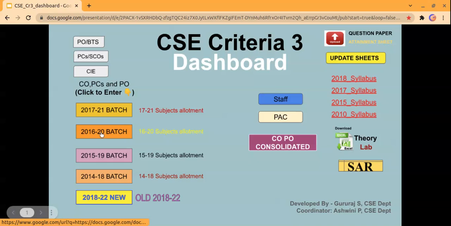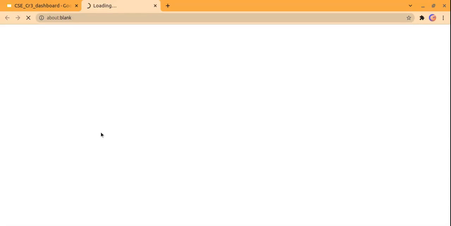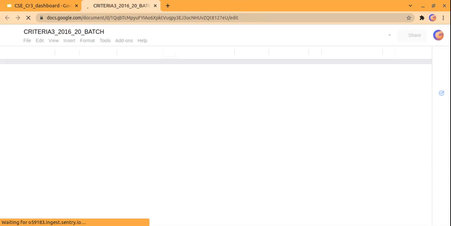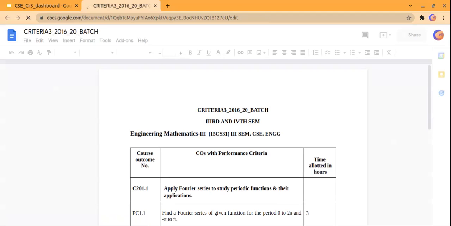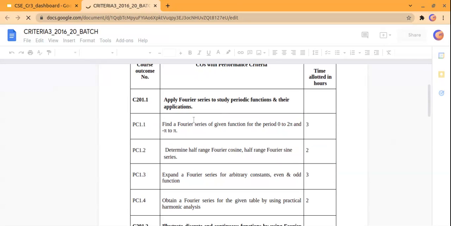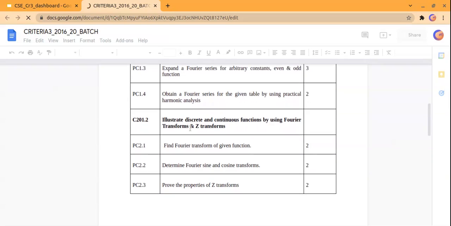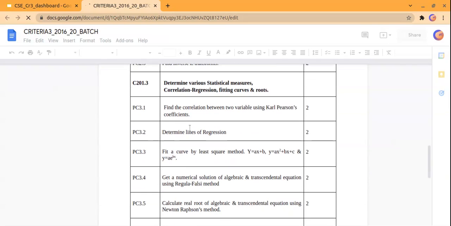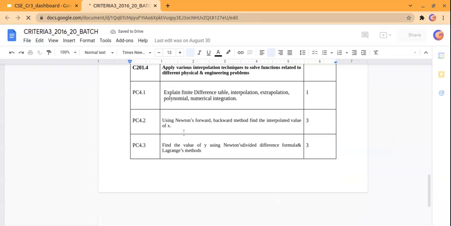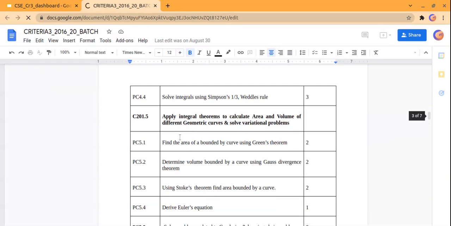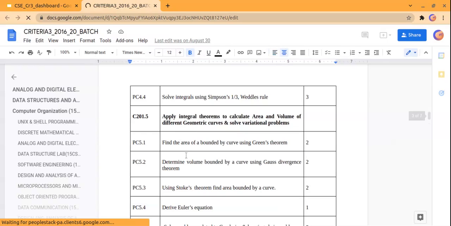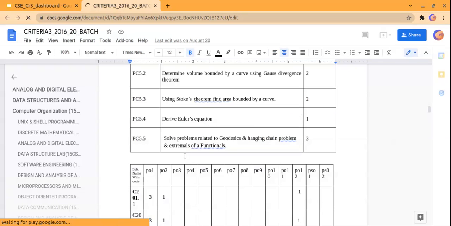So if I just open 1620 batch, here you can see for mathematics, this is a CO, first CO, then we have performance indicators, then again second CO, third CO, fourth CO, and fifth CO, and respective performance criteria or indicators.